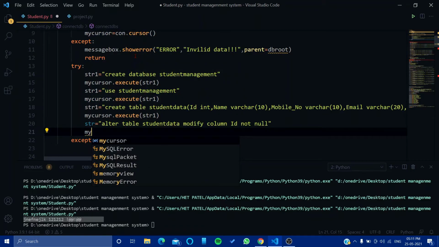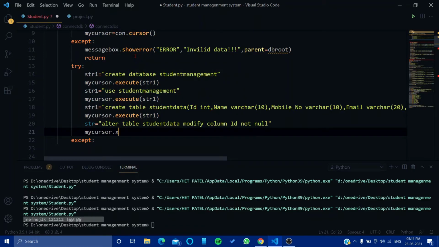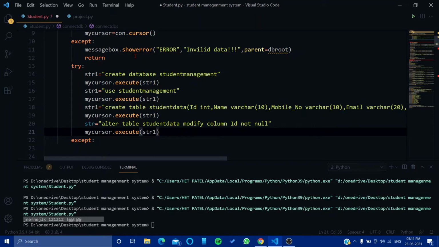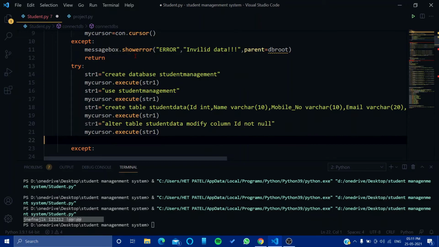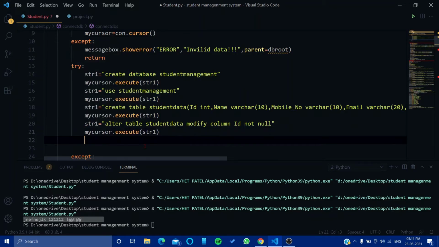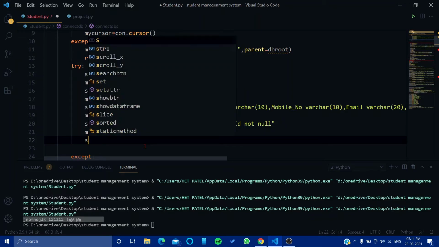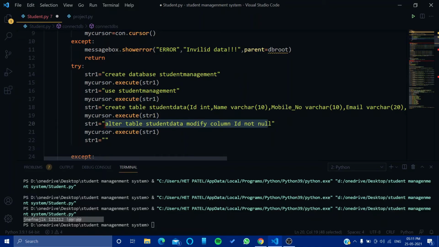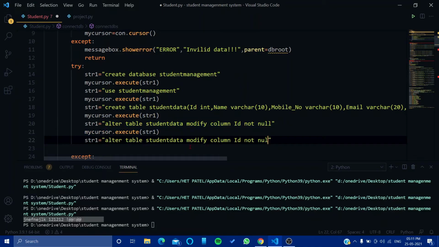So my cursor dot execute str1. Okay, just a mistake, str1. So again we will add one function to make our id as primary key. So we'll say str1 is equal to, we'll just copy it, it is much the same, and then we will paste it.